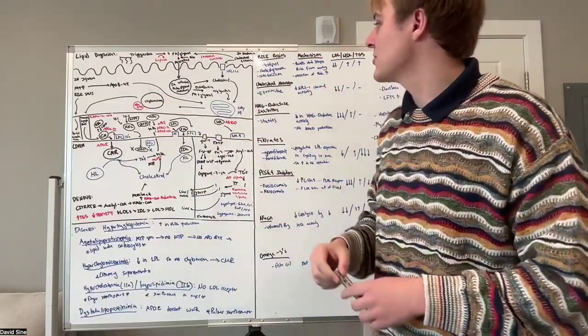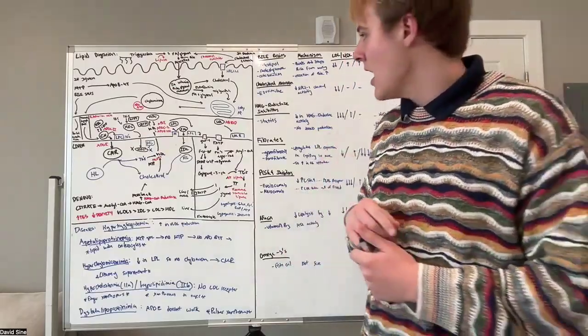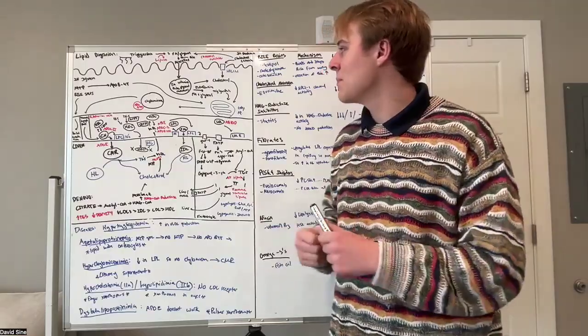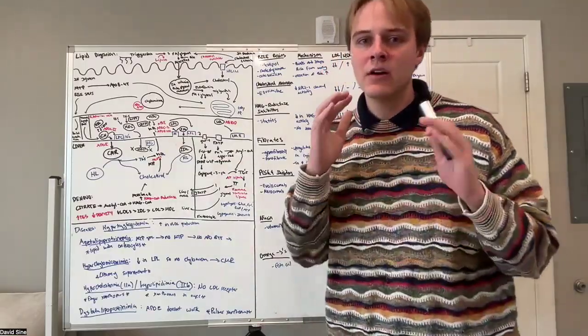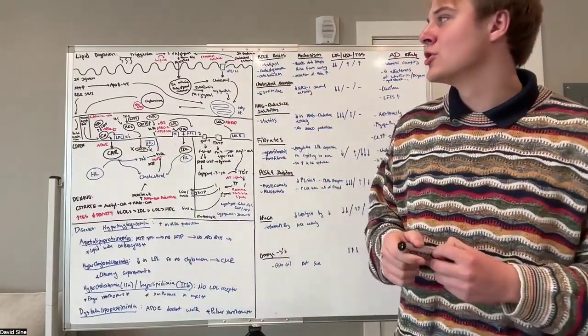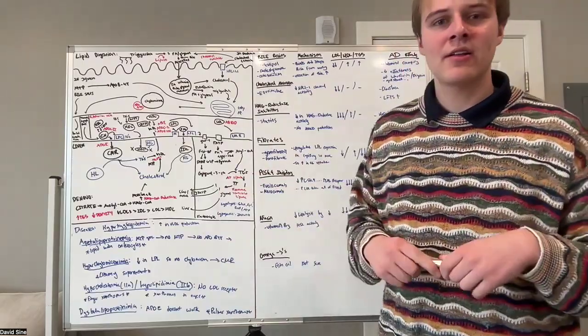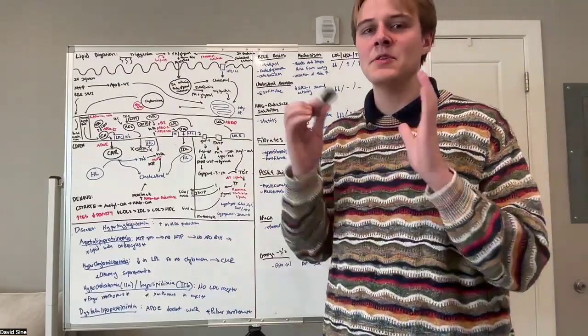This will then get packaged up, the triglycerides and the cholesterol, in a place called the Golgi apparatus of the cell, and it will be packaged up in something called a chylomicron. There's a very important protein, MTP, which is going to make, I'm not really sure whether MTP is an enzyme, but MTP is going to make